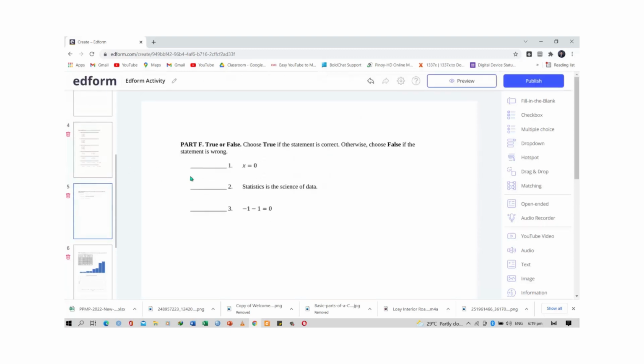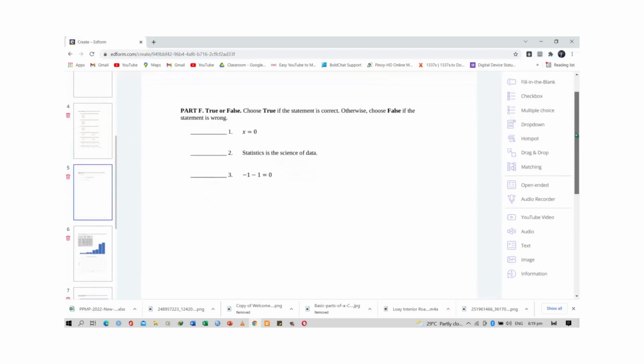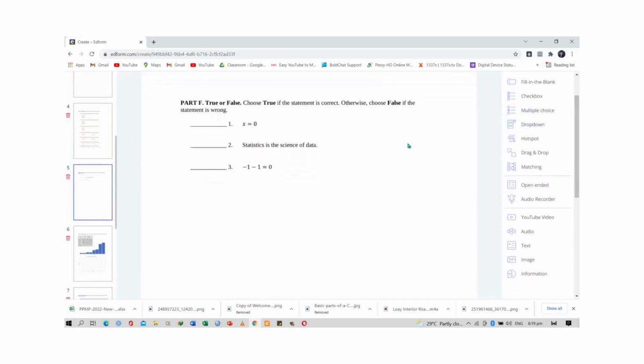Next we have the true or false. For true or false, since we have already an answer true or false, you can also make use of the multiple choice function. Or you can also have the fill in the blanks. If you want to let them write true or false, then you may use fill in the blanks. Or if they will choose only true or false, then we have the multiple choice. But now let's try the drop down function. So we have this check drop down and click here,